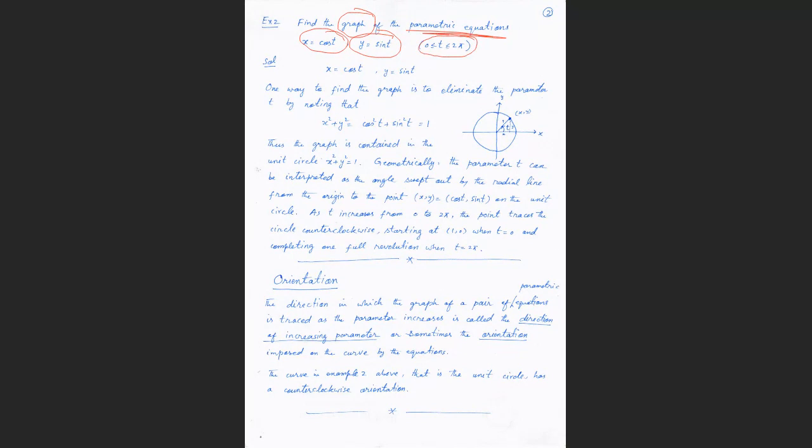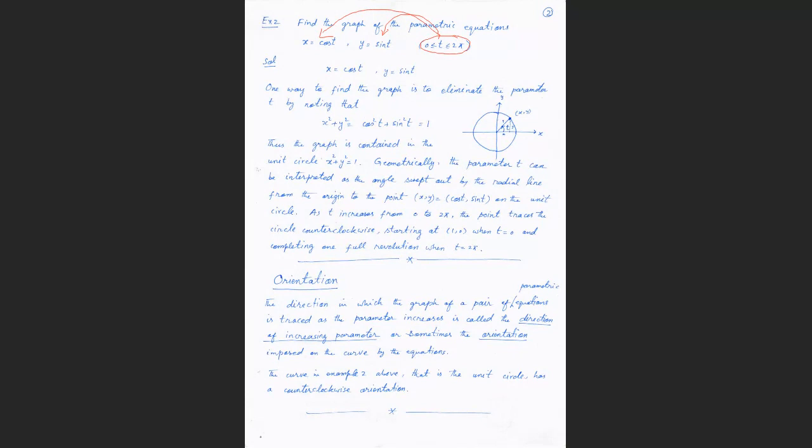Here t is what? t is the angle from 0 to 2 pi. So how do we calculate the graph from these parametric equations? There are different methods. The first method I told you before: you have to compute some points from 0 to 2 pi and put these values in x and y. So what are the points? You have to draw each point, so you will get the graph.